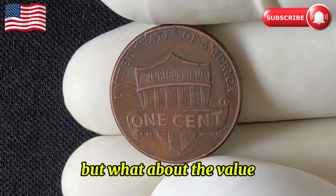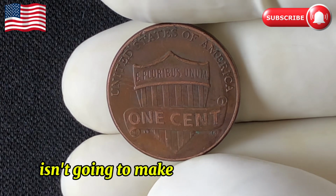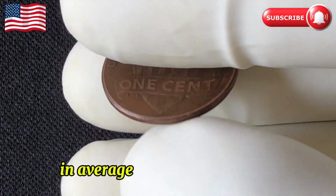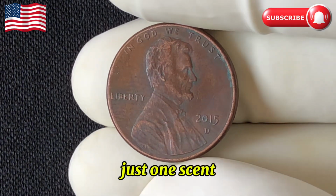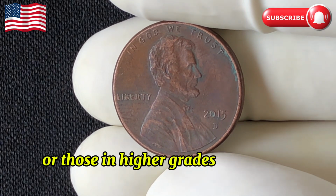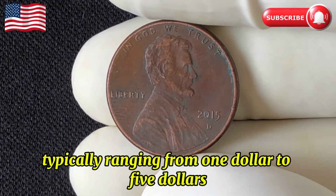But what about the value? In terms of value, the 2015 penny isn't going to make you a millionaire, but it does have its place in the market. In average circulated condition, you're looking at face value, just 1 cent. However, uncirculated examples or those in higher grades can fetch a premium, typically ranging from $1 to $5 depending on